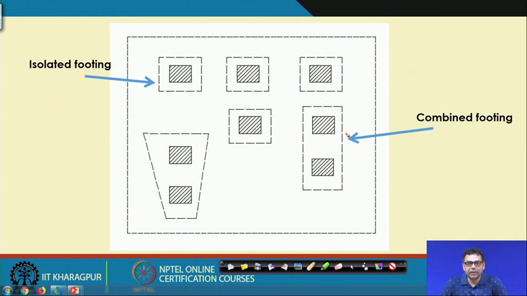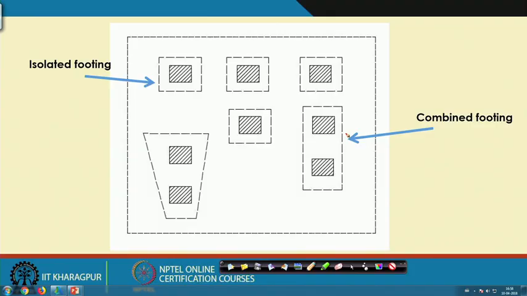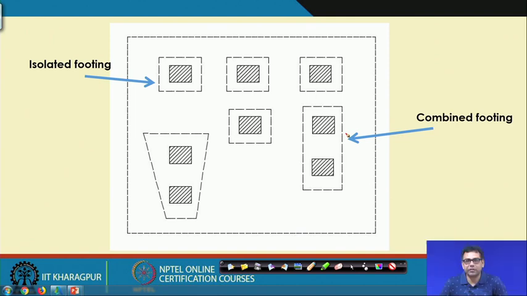In that case, you have to convert all the weights coming onto that foundation to the centroid of that foundation, and you choose the dimension accordingly, and then check that dimension on the soil, whether it is safe against bearing capacity and settlement, and then you decide which dimension you will choose. For example, suppose